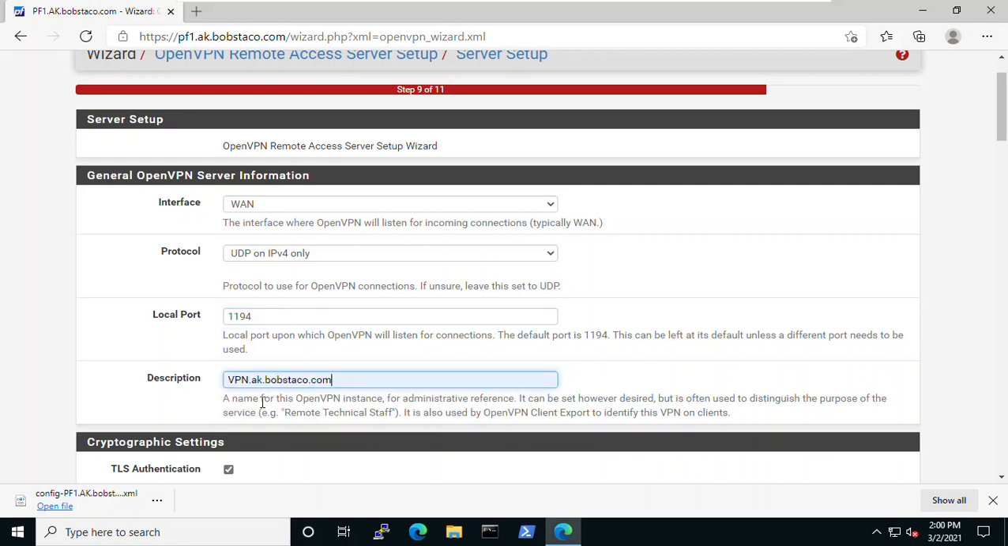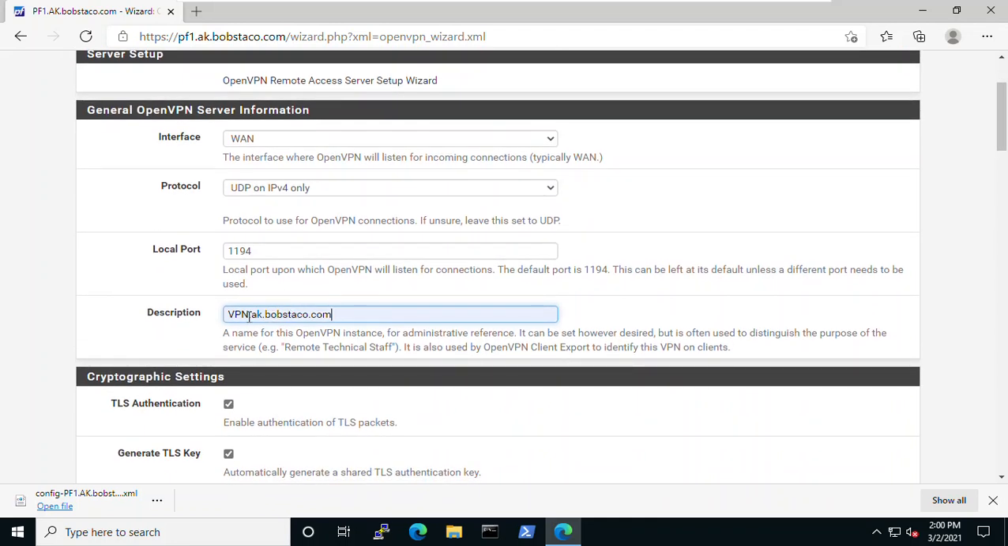And then ask it to give a name to this server. And I'm just going to name it based upon that fully qualified domain name. It doesn't have to be uppercase. Okay. So then those are boxes where we make a choice, some of which were pre-filled for us and we